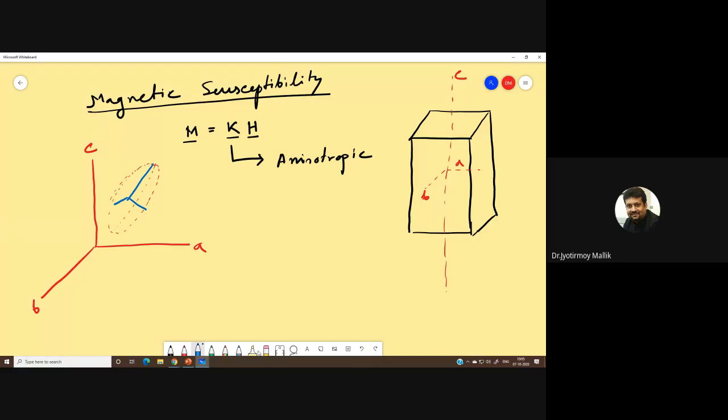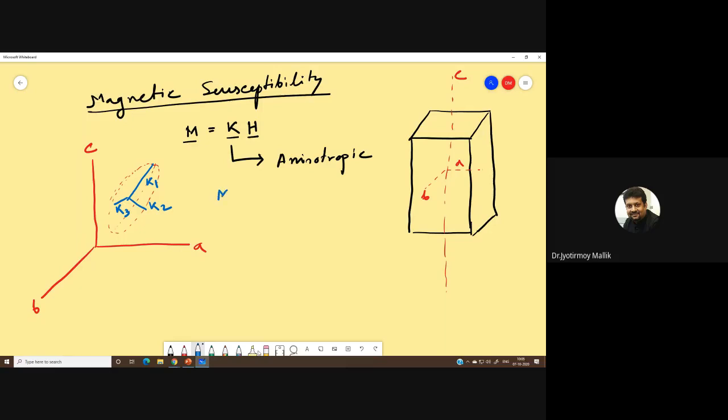Let's call them K1, K2, and K3. If I ask you what is the susceptibility of this particular mineral at room temperature, because we also emphasized that susceptibility does change with temperature, and that is something we explained in the last class,